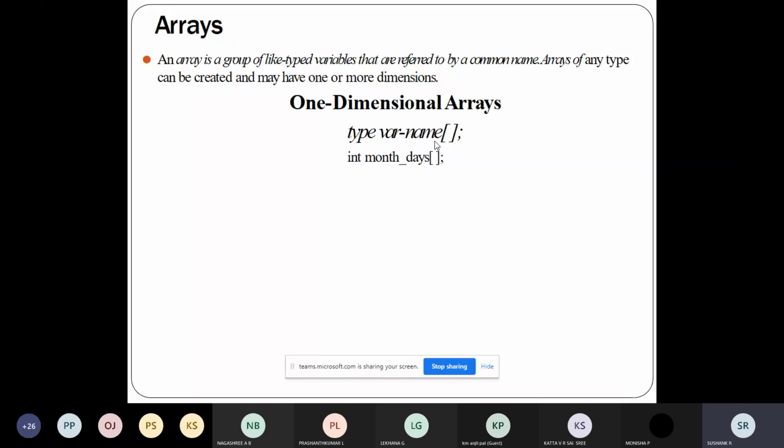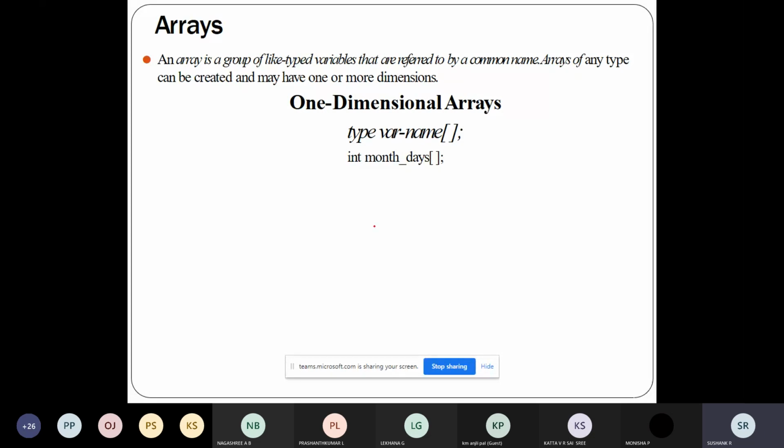One thing is the definition of an array: an array is a collection of elements, all of the same data type. In Java, all the elements of the array are referred to by a common name. An array can be of one or more dimensions. So we can have single dimension arrays and multiple dimension arrays. Usually we'll study one dimension arrays and two dimension arrays.